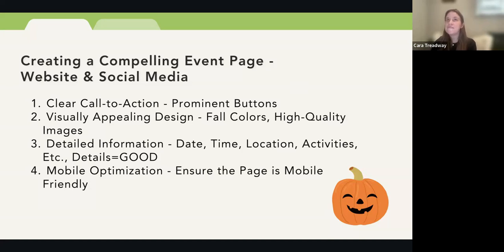I know it can be very frustrating for users when they're trying to look into an event or plan their trip if they're not able to find details quickly. And then lastly, we want to optimize the page for mobile access because many attendees or those interested will be looking on their mobile devices. So testing your pages on various devices to really ensure a seamless experience, or have your friends and colleagues as well take a look at your page on their devices to get their feedback.